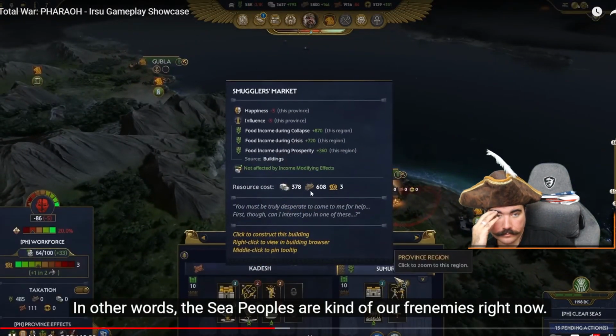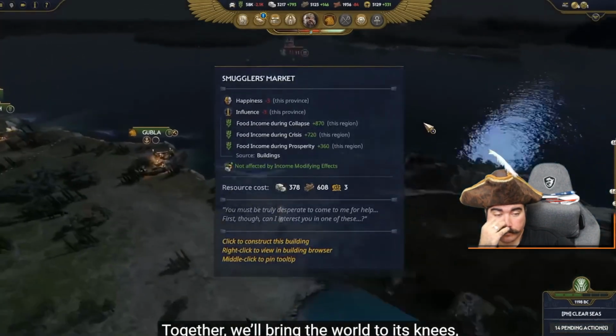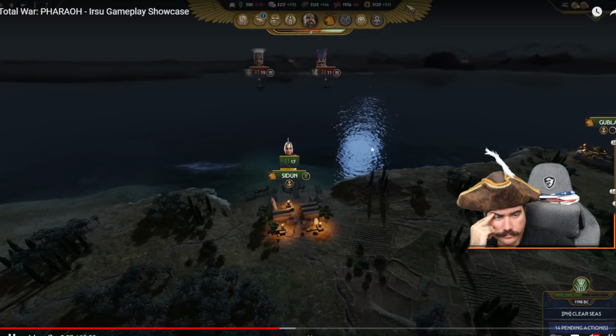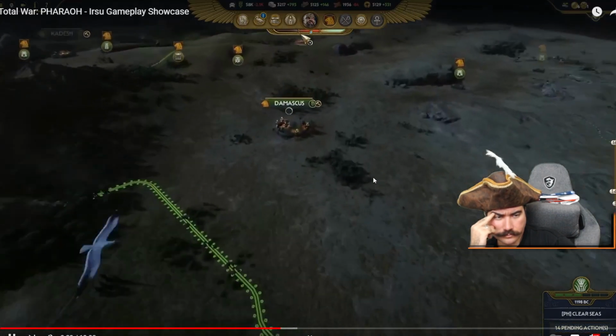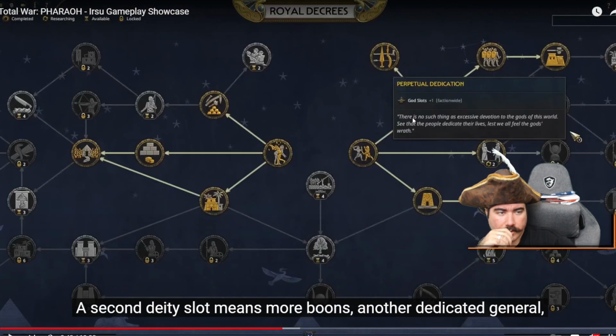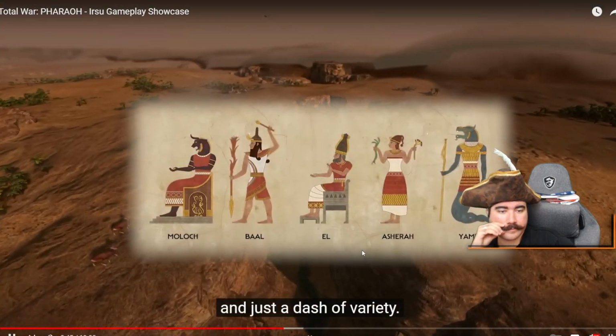In other words, the sea peoples are kind of our frenemies right now. Together, we'll bring the world to its knees, but preferably at a distance from each other. And you know what? If the world's ending, let's see about hedging our bets on the old god front. A second deity slot means more boons, another dedicated general, and just a dash